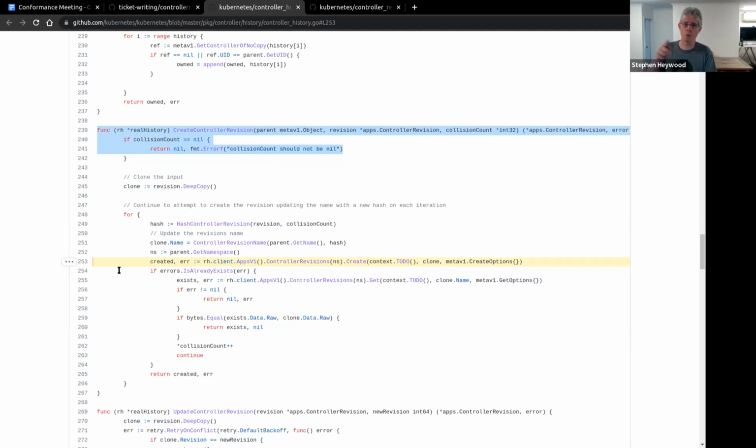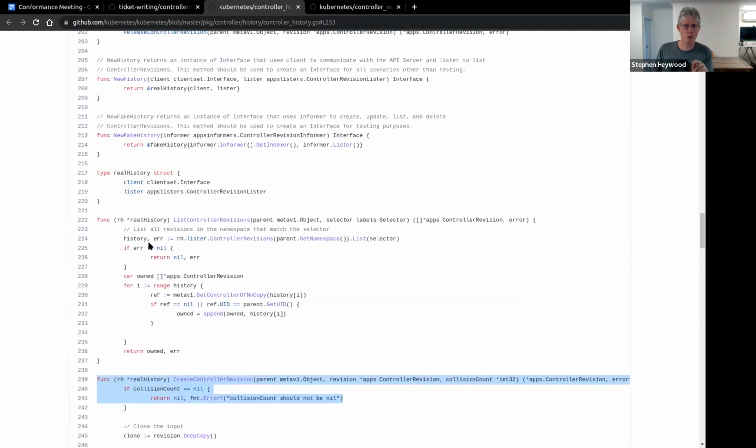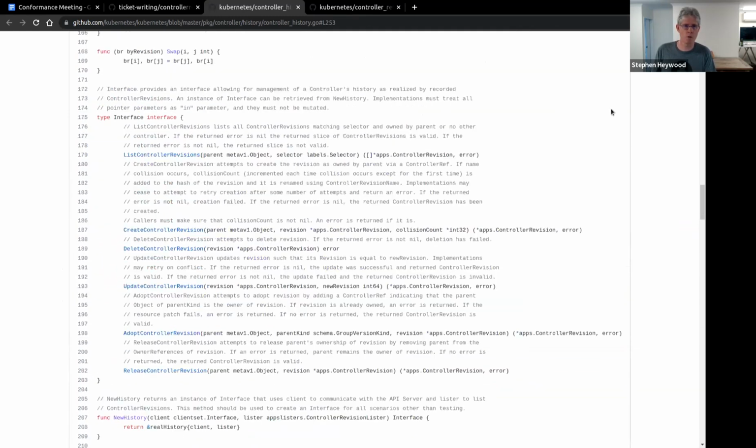I thought I was in the right place for the create part, but I've sort of come full circle and I'm losing who is actually dealing with that bit of the create process. Because at the very top of the file, there's a reference about a new controller revision